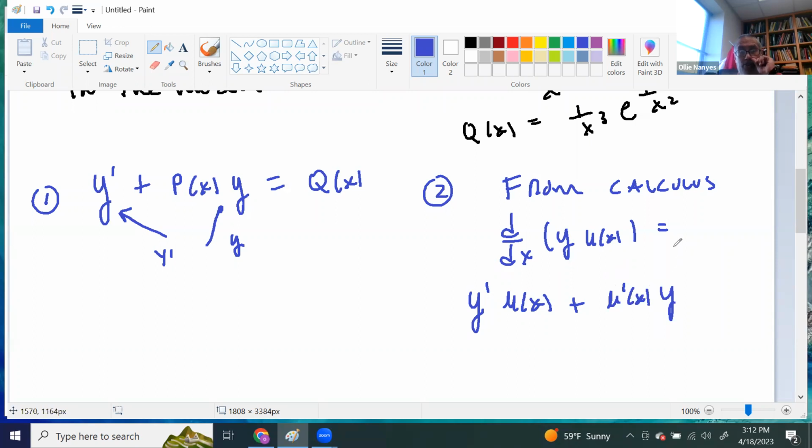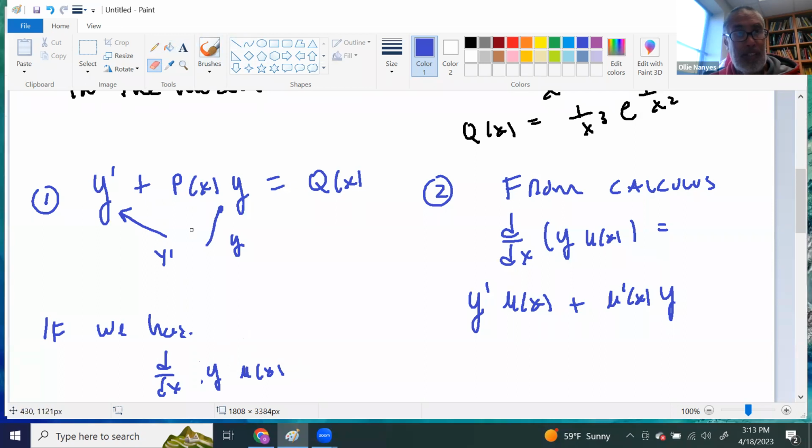By the product rule, you'd have y prime u of x plus u prime of x times y. Now, the reason why this is something nice to have, having the derivative of the product of two things like this. So if we had our differential equation, the derivative of y times u of x, so if we had this situation where you had the derivative of the product of two things,